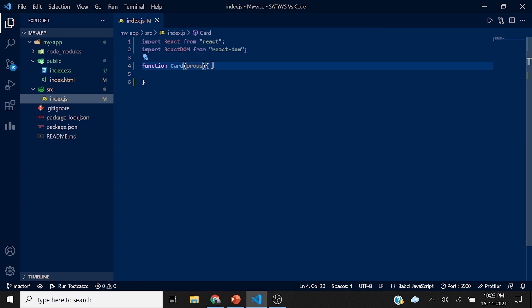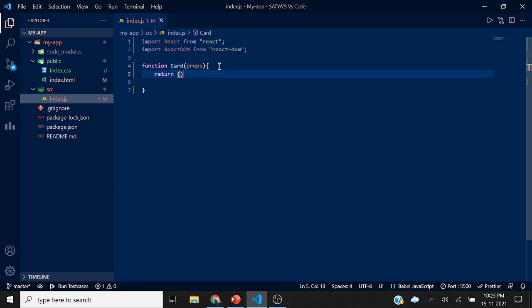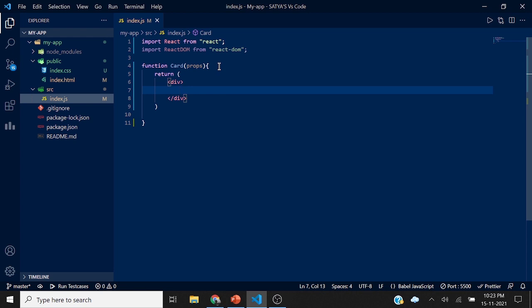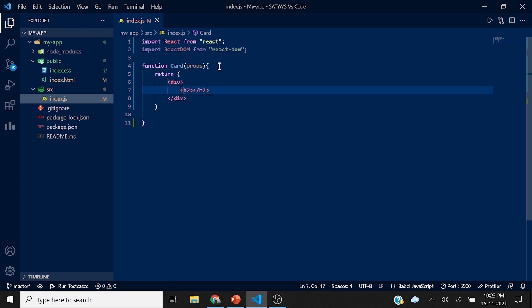As it is a component, I need to return something, right? What I'll return is some HTML elements: the div tag, then h2. For now I'll just return hello.